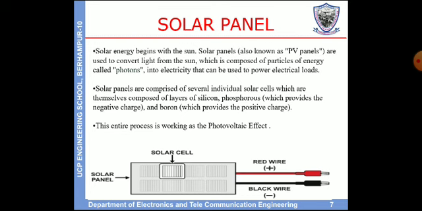Solar panels have 5 layers. The first one is glass, to prevent external effects. Then an encapsulated coating is there to absorb the energy and not reflect too much. Then solar cells are there. Then another encapsulated coating is also provided, and some black tape or black sheet is also there.